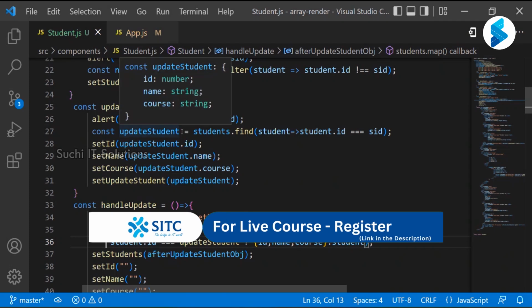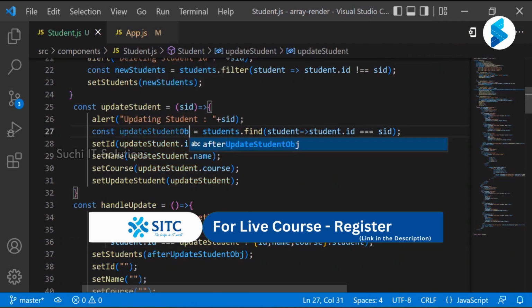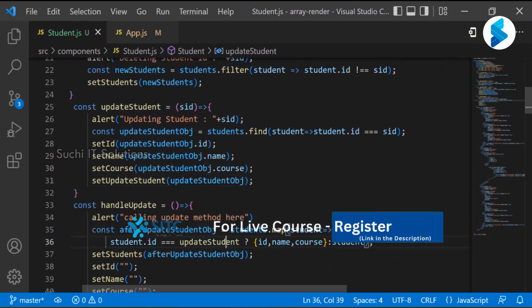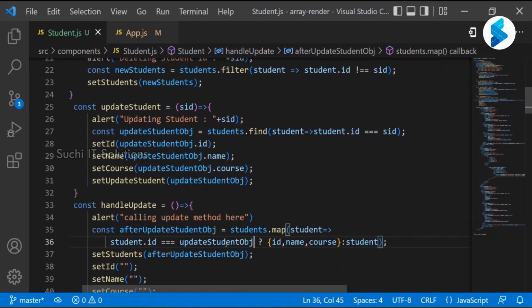So I'm going to use OBJ for this one, right? Better to use that kind of way. Here you can change that one. Otherwise, it may confuse. Now I need to use here what? Update student object. Okay. Update student object I need to use, or else here what is the name I'm going